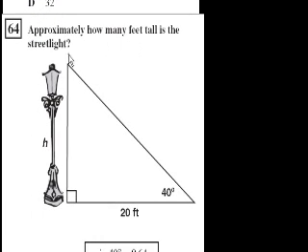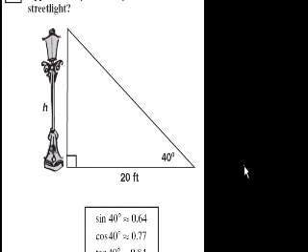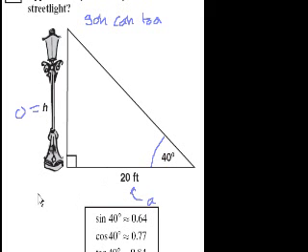Approximately how many feet tall is the street light? Okay, so we can use some trigonometry here. If we know this angle, and they give us all of the trig ratios for that angle, we're trying to figure out the height. So if I write SOHCAHTOA, what are we trying to figure out? They gave us the adjacent. This is adjacent to the angle, right beside it. The height that we're trying to figure out is the opposite. So if we can have a trig function that deals with the opposite and the adjacent,